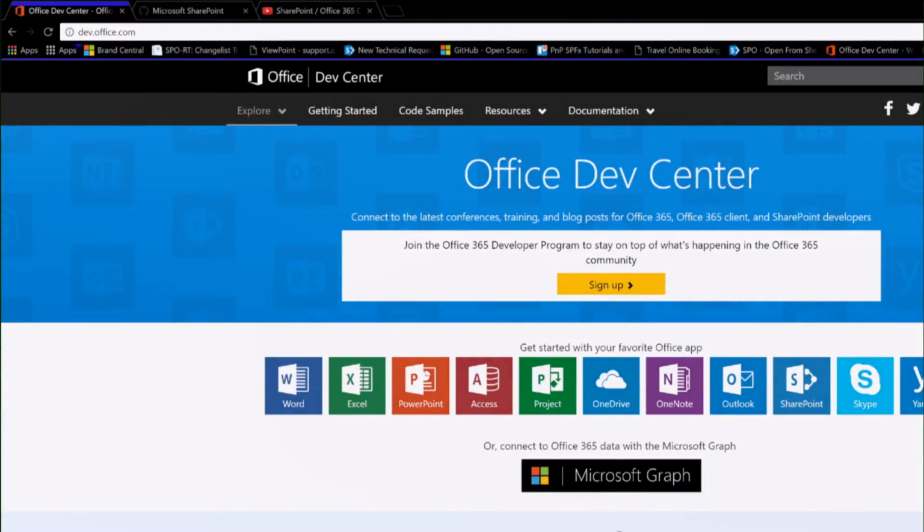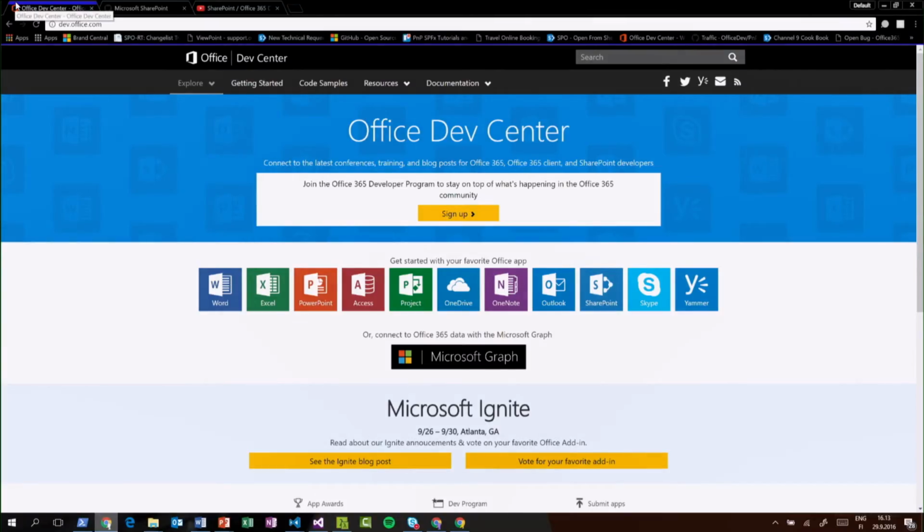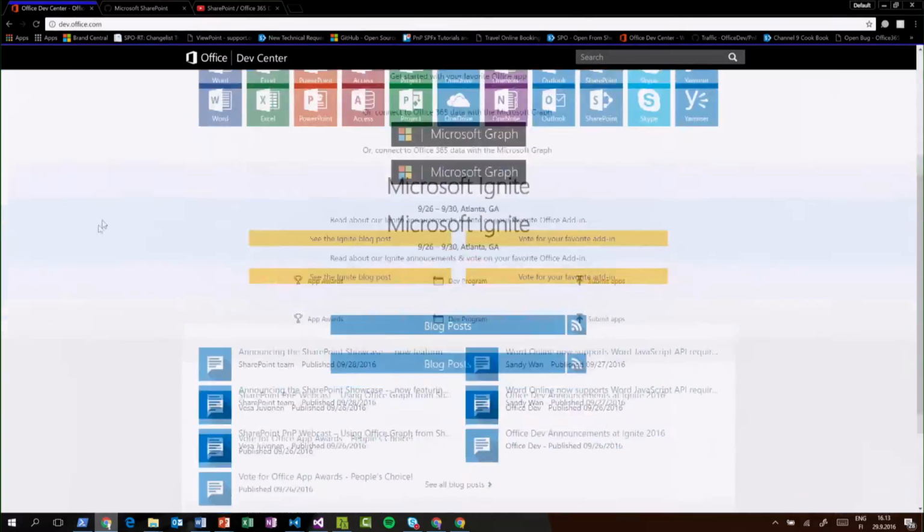Just making sure that everybody sees this, slightly zooming on here, dev.office.com. Even though it's dev.office.com, it actually has SharePoint stuff in it as well. So it's not like, well, SharePoint is kind of part of the Office organization, so don't get fooled. One of the things we use for communications, I want to make sure that people do follow this,